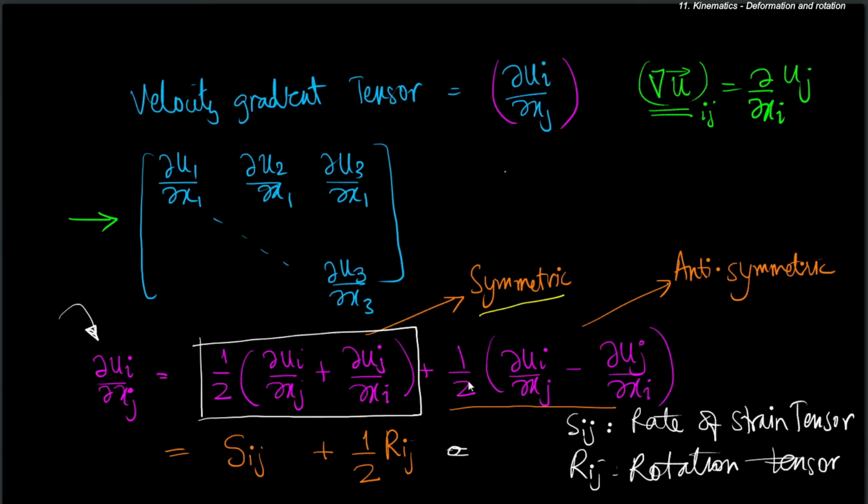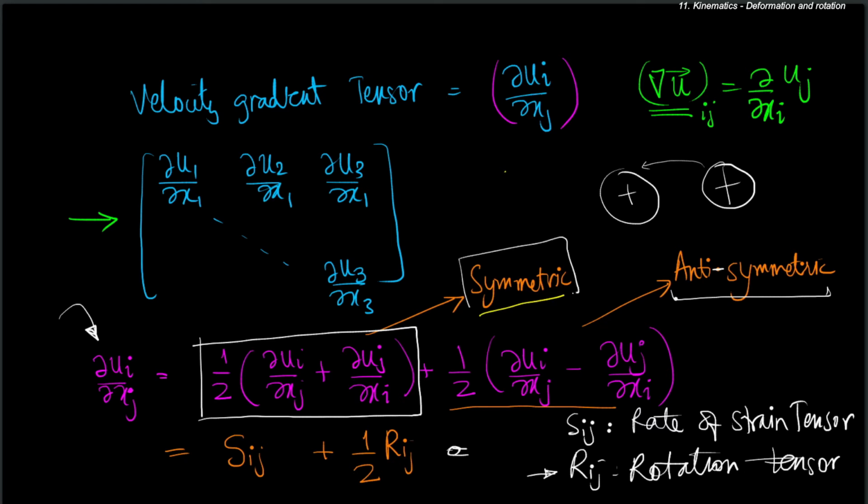And the breakage into symmetric and antisymmetric is important because in fluid dynamics, the antisymmetric part would not play a role in the determination of stress, because the antisymmetric part is associated with fluid rotation. If this is a fluid element, simply rotation of this element does not partake in generation of forces in the fluid. It is the deformation, and deformation is associated with the symmetric part, and hence the constitutive relationship, that is